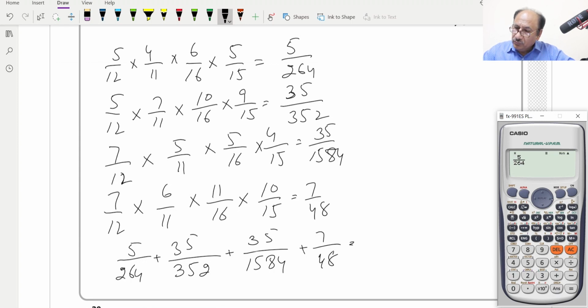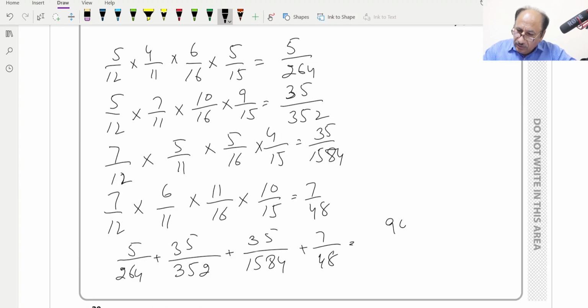We'll have to do calculations carefully. Any small mistake can change the result. So hopefully I'm doing everything fine, plus 7 divided by 48 will be resulting to 907